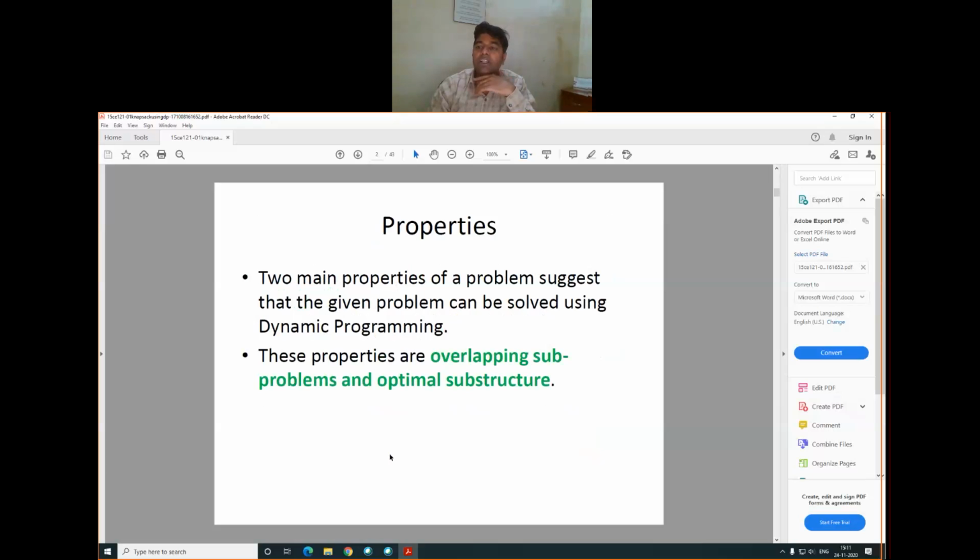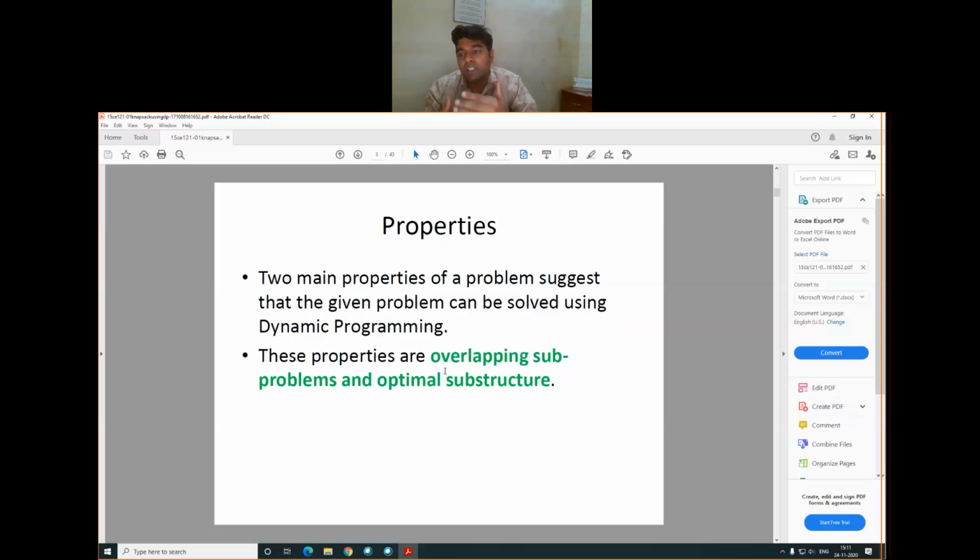So properties related means where we will apply the dynamic programming approach: when your problem has these two properties. If your problem has these two properties, then definitely it will be applied to find the optimum solution. The main properties of a problem suggesting that it can be solved using dynamic programming are overlapping subproblems